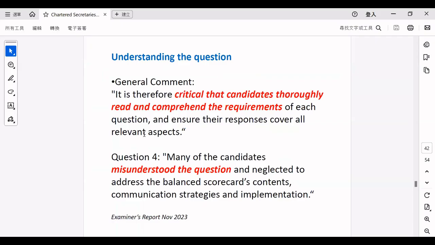It says that it's critical that the candidates thoroughly read and comprehend the requirement. And again, this is just the same thing: the candidates did not read the questions properly, did not understand the requirements of the questions. You can see that, again, in question 4, they misunderstood the questions, and they did not address some of the issues that were required, like balanced scorecard content, communication strategy, and implementation. So they misunderstood the questions, right? That was in the report